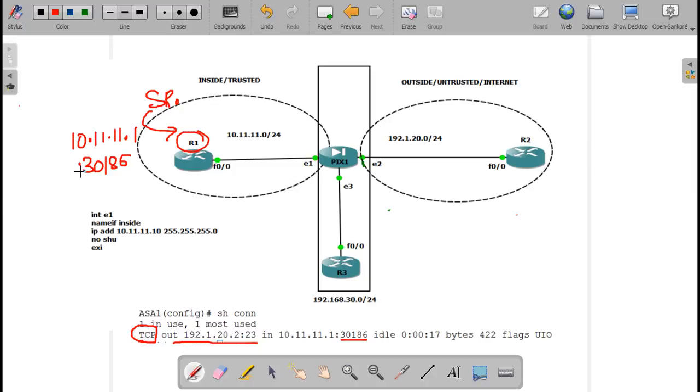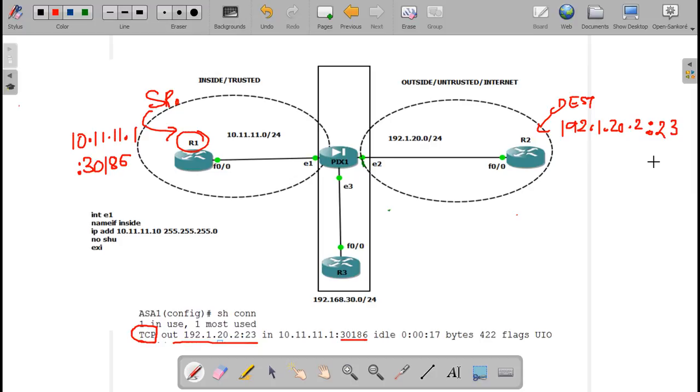So destination was R2, which is 192.1.20.2, and as we were telnetting, the port number is 23.